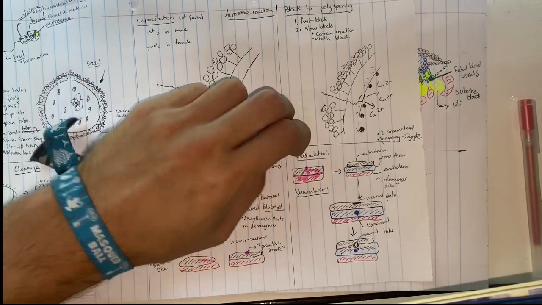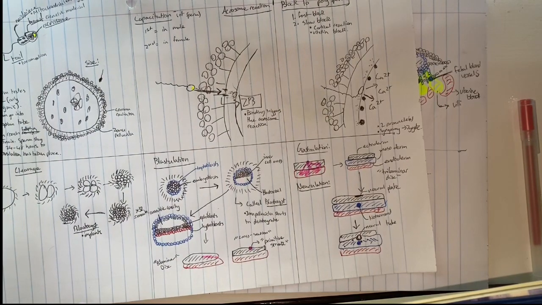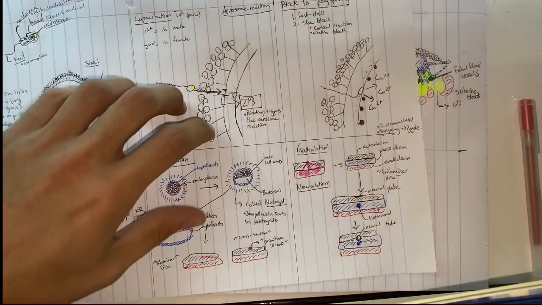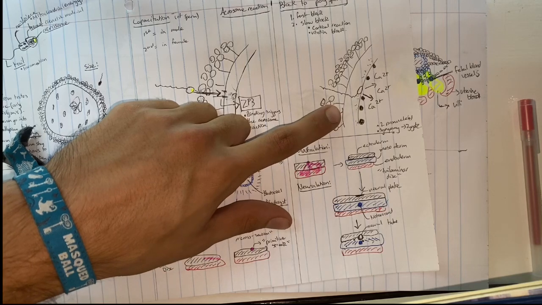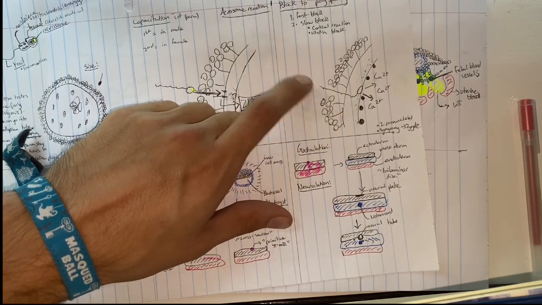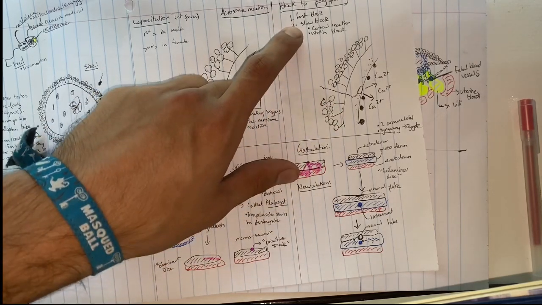There's two types of blocks to polyspermy. So what is polyspermy? Polyspermy is when more than one sperm fertilizes the egg. So we can't have that happen. So there's two blocks to polyspermy. The first one is the fast block. The fast block is